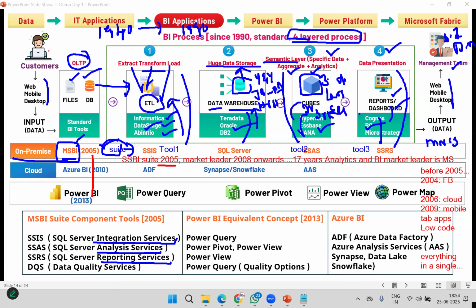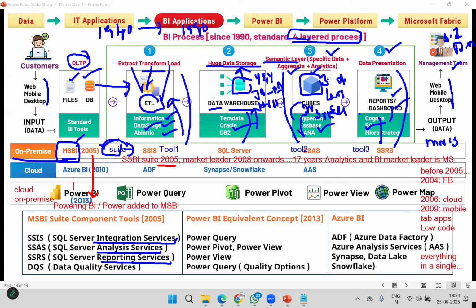So this was in 2013, with power added to MSBI. And Power BI available in the cloud, Power BI available in the on-premise, both the places available. It's your interest, how do you want to use?